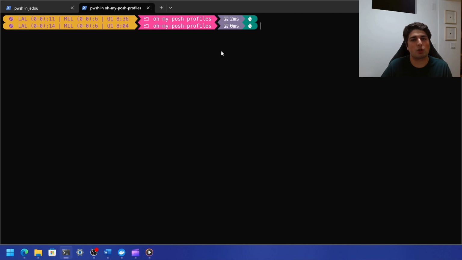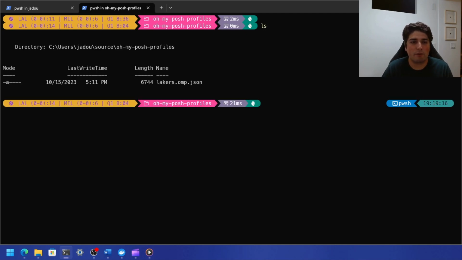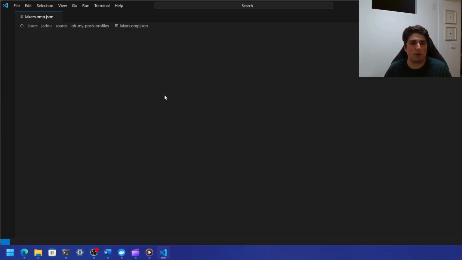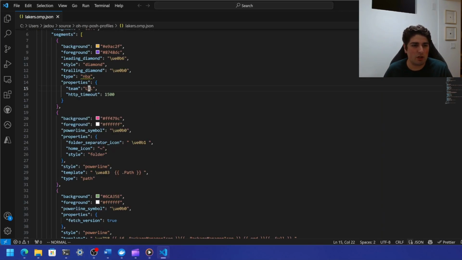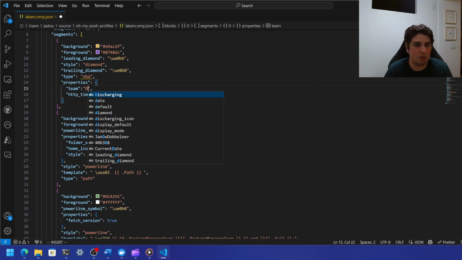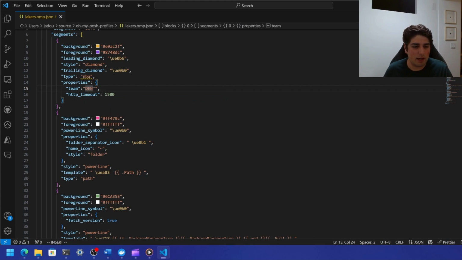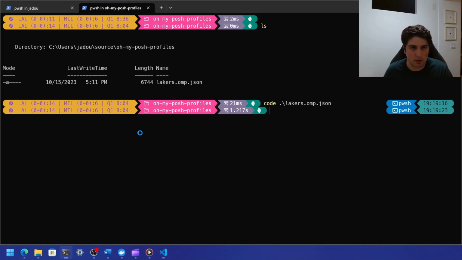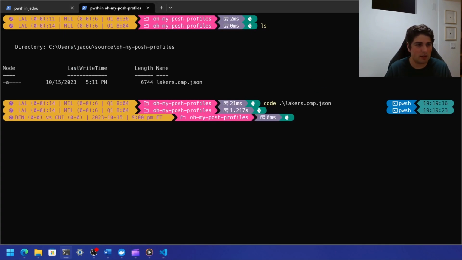What I do want to do is just quickly reload a different profile. So I'm going to open this profile. I have called it Lakers.json. I'm going to open this up in Visual Studio Code, and I'm going to change the team here just to show you can put in any team you want. So let's say DEN, that's Denver. I'm going to go ahead and just click save. And if I go back to the terminal, I think next time I click enter, it should just, there you